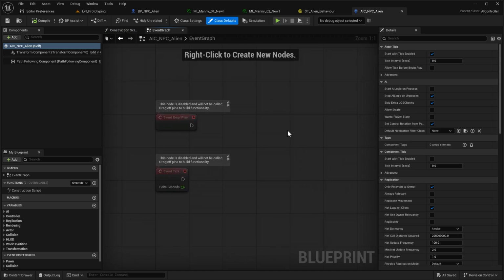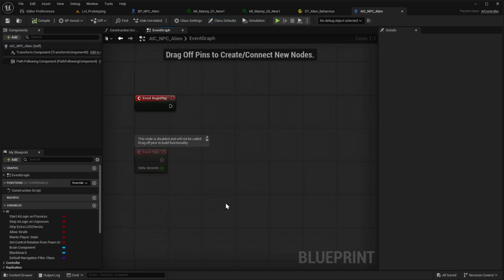Now, unlike the player controller, which depends on human input to determine actions and behavior, the AI controller operates autonomously by processing environmental data and game state information. Another very important feature of the AI controller is that it does give us access to the AI perception component, which will allow us to gather information about what our character sees in the world, what it hears in the world, damage that it receives. All of this information is accessible via the perception component, which we will discuss in the next video when we